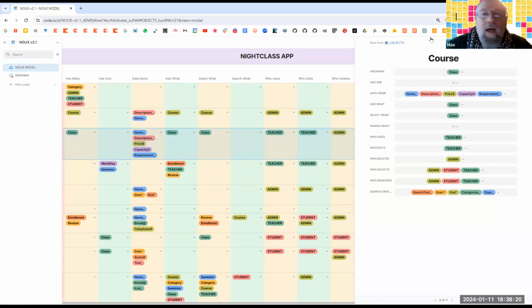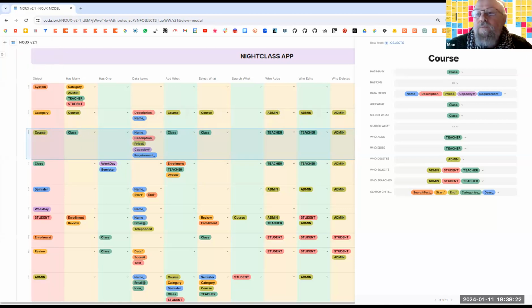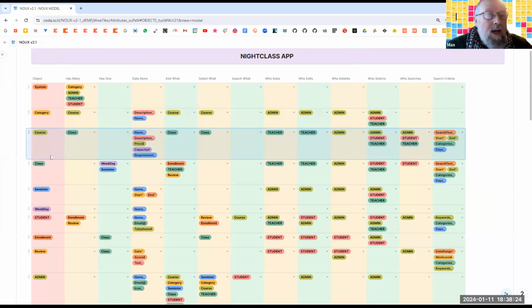So as I said, you work your way down. You're saying that each course has multiple classes, but each class is associated with a single day of the week and a single semester. There are 4 semesters in the year. And then you go along and say, well, what things can you add? If you're looking at a class, if you're a student, you can add an